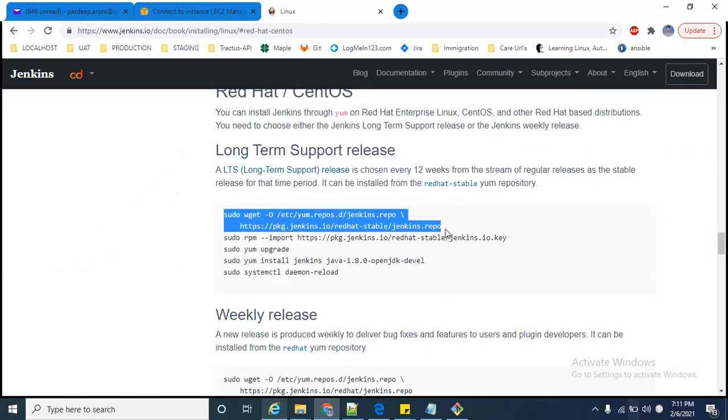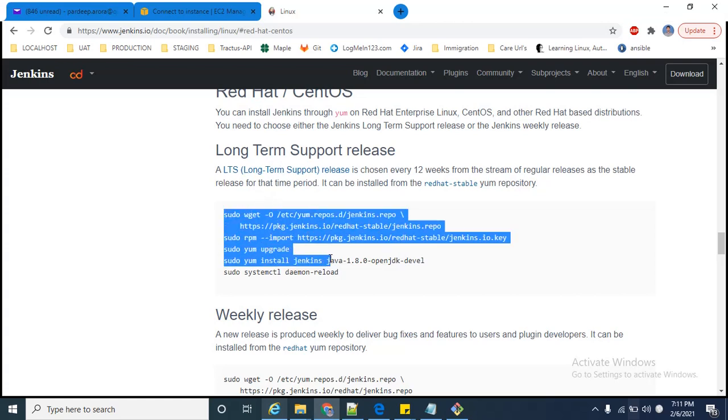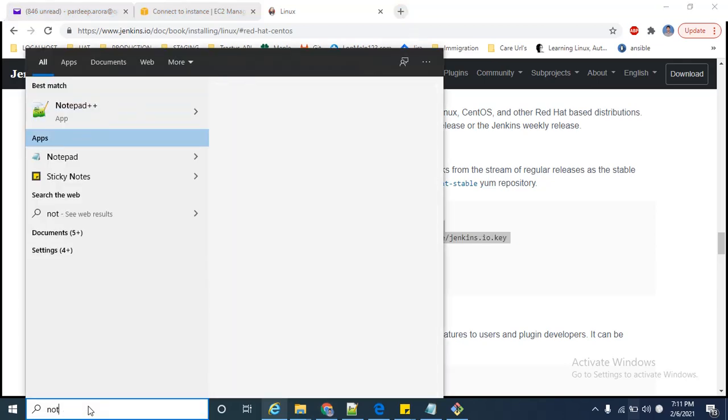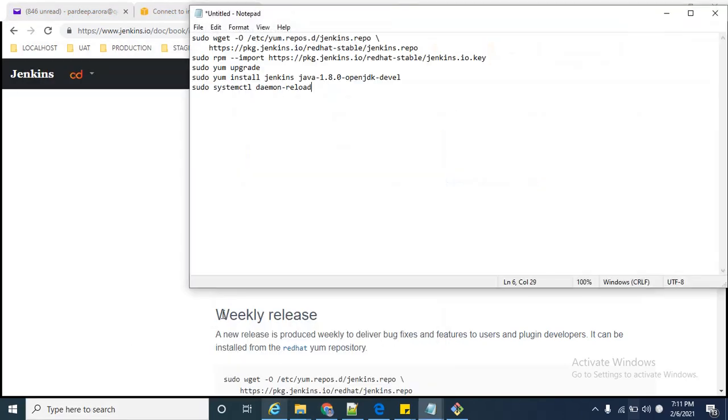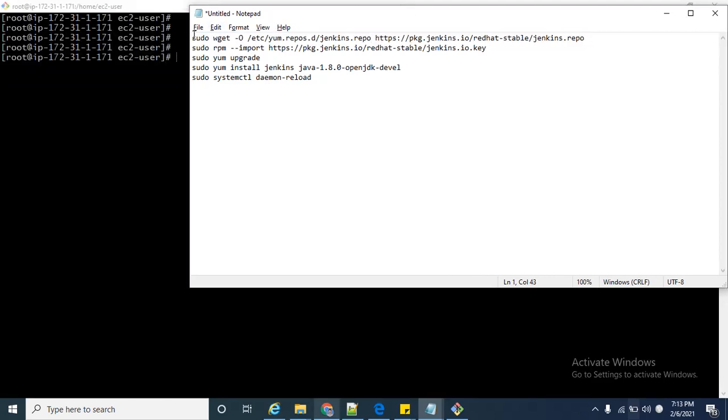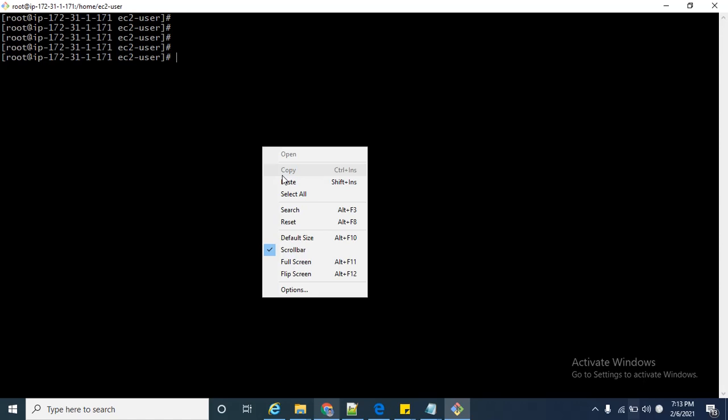Now you have to copy all these commands into your notepad. Any notepad you can choose. Paste it there, and you have to modify this command a little bit. You only have to remove the slash before https and paste it here.